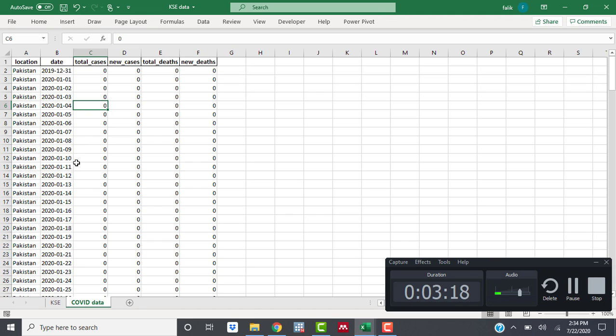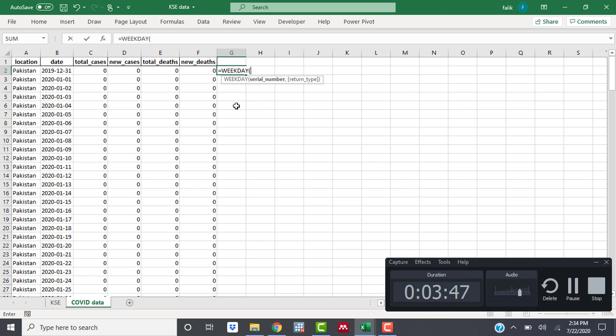So our first task is to combine these data sets to run a regression. What we will do is arrange the COVID data into weekday data, and then we can match it with the Karachi Stock Exchange data. So first step, Excel provides us a very good function, which is WEEKDAY.